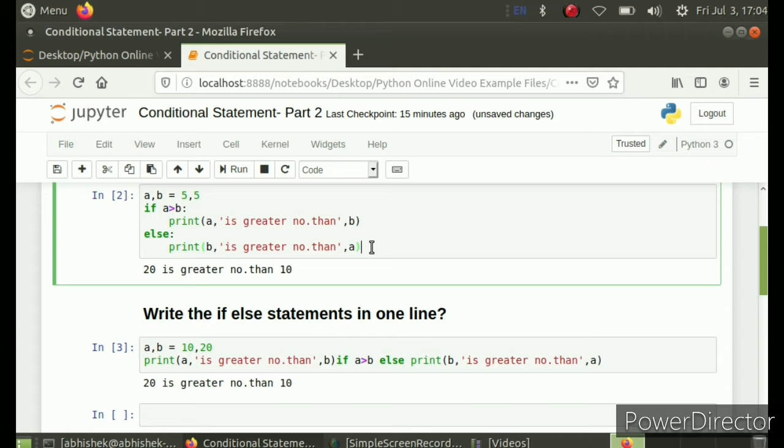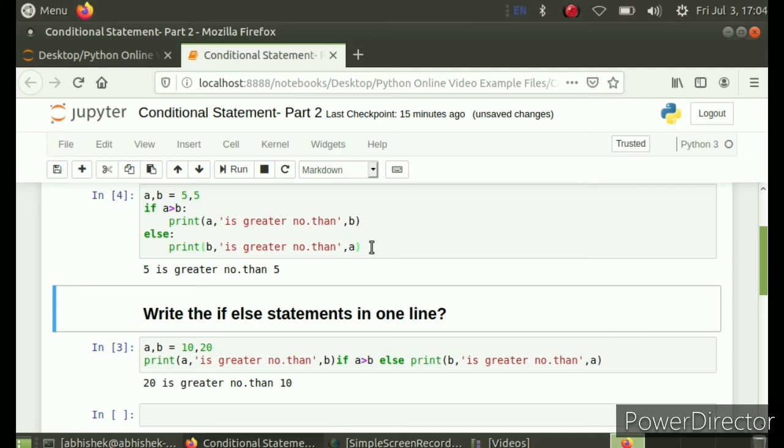If we run this using shift enter, okay, 5 is greater number than 5. Now this is logically wrong because 5 can't be greater than 5. But there is nothing wrong in this program. It checked if 5 is greater than 5. No. So it jumped to the else block and printed that statement.